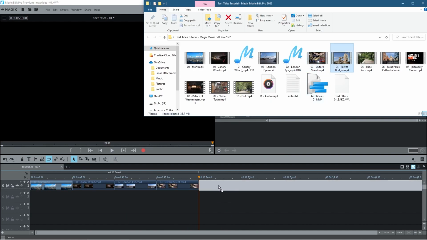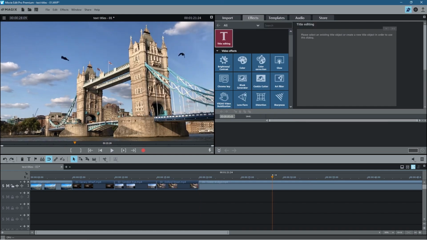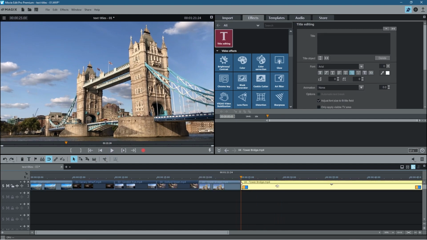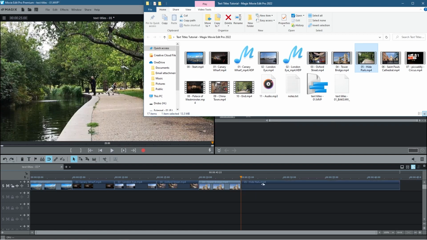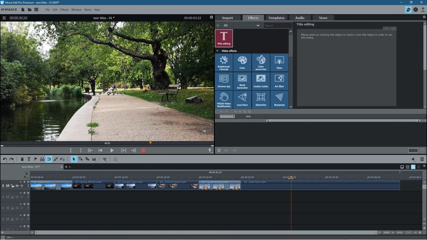Let's drag in the next one. This will take a little bit of time to do, but if we're going to demonstrate text titles, then we might as well have some decent content to work from. That way I can show you how to speed up the workflow as well afterwards. This is 25 seconds. We'll cut here and delete this, and then we'll drag in this one and we'll go to 30 seconds,